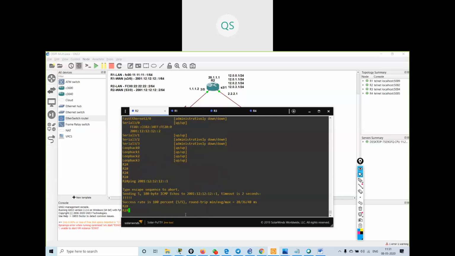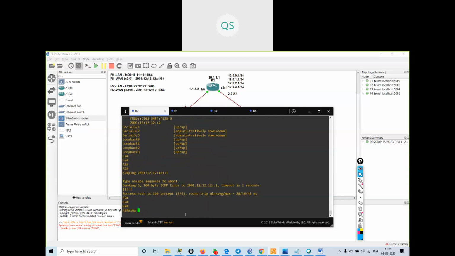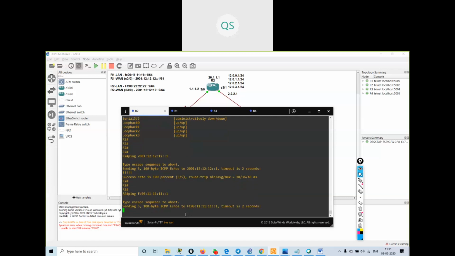But if I try to ping the LAN interface of R1, that is FC00:11:11:11::1, I will not be able to ping because I'm not running any routing protocol over here. So whenever I want to ping from one LAN network to another LAN network, I need to configure a routing protocol.